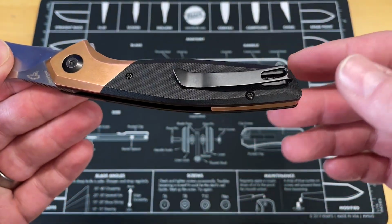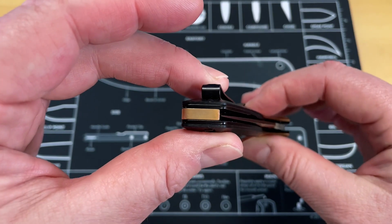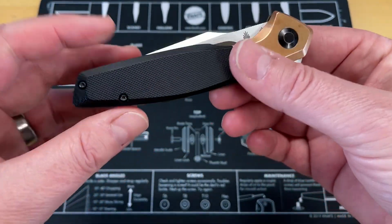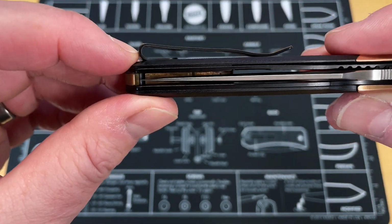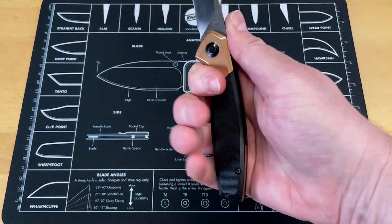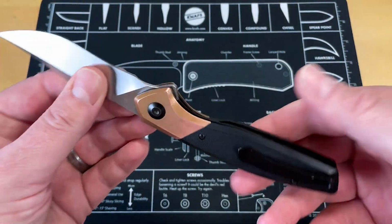can see, gorgeous knife. This thing slides into a pocket in the forward part of the pocket up near the zipper as opposed to the inseam. So much better than a lot of other knives because the pocket clip on it is a fairly deep carry pocket clip, but it's really comfortable. It's a nice slender